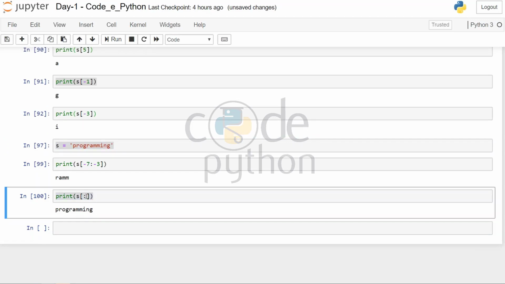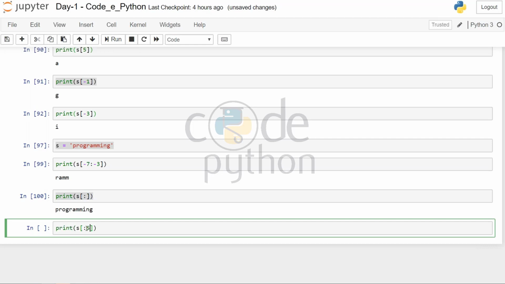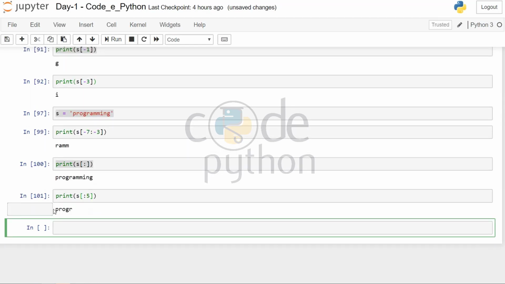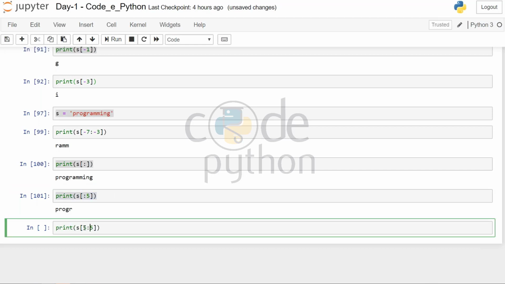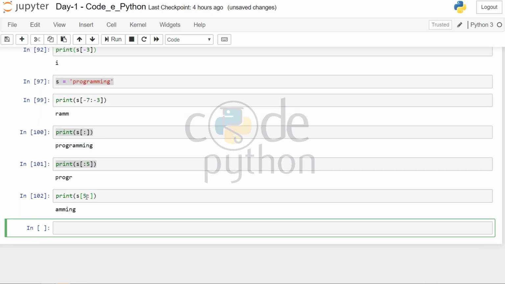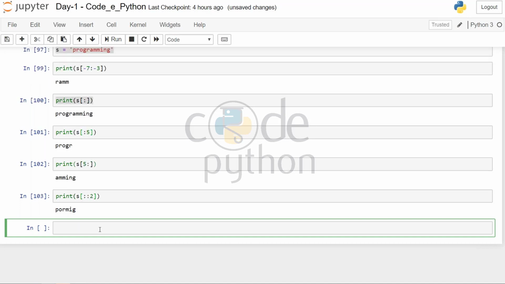And if I want to see what comes out at the 5 characters, what it will do, it will leave the last 5 characters when I write 5 here, and it will leave the first 5 characters when I keep the 5 here. If I want to print everything leaving every second character, okay, so it will come P, leaving R, O, G leaving R, then M leaving M, then I, like that.